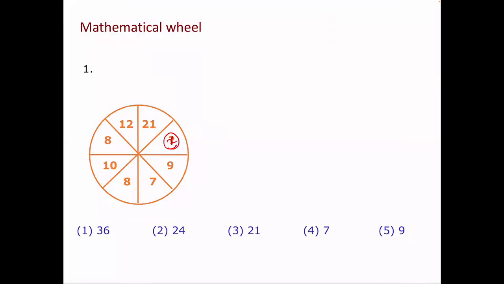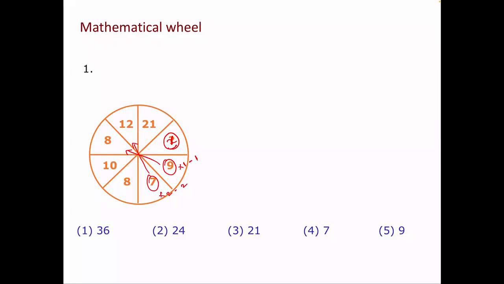Okay, so what is the logic here? The logic here is quite simple. It's into 1 minus 1. So check it here. Again, diagonally opposite. It's 9 here. 9 into 1 is 9, minus 1 is 8. Okay, next is into 2 minus 2. So 7 into 2 is 14, minus 2 is 12.